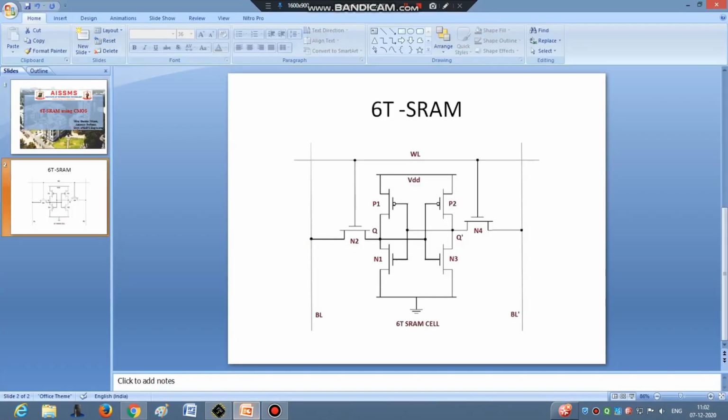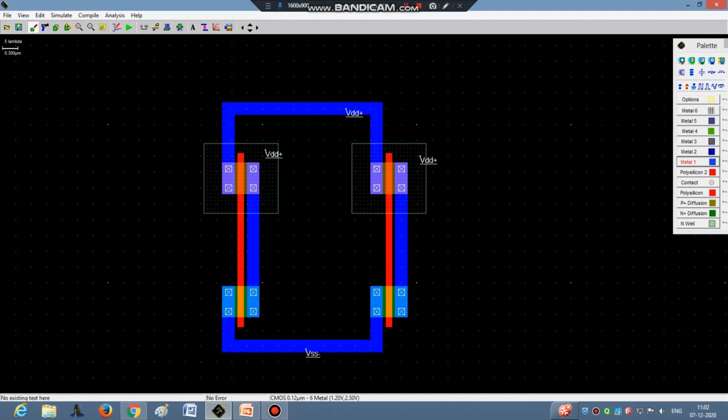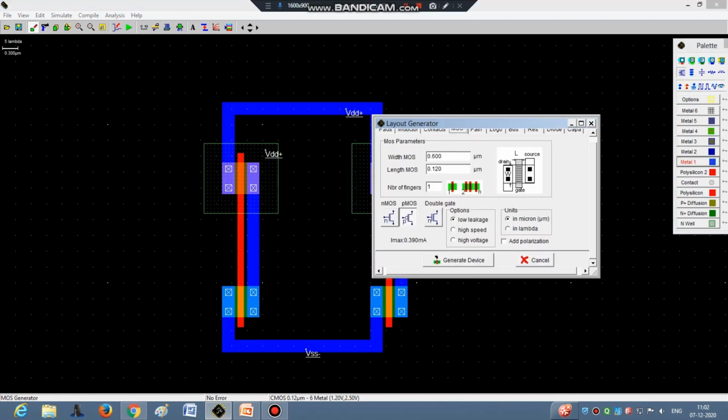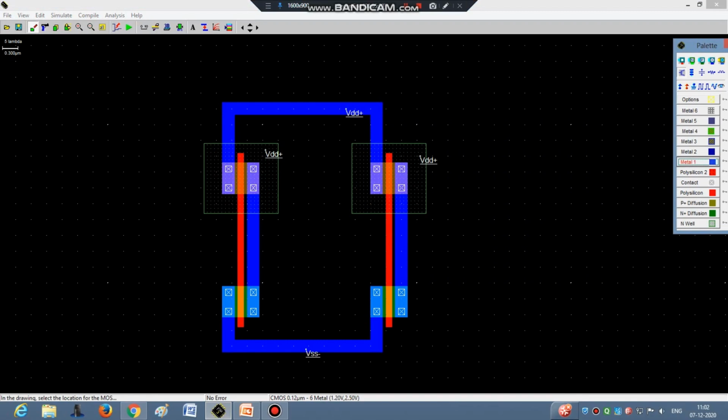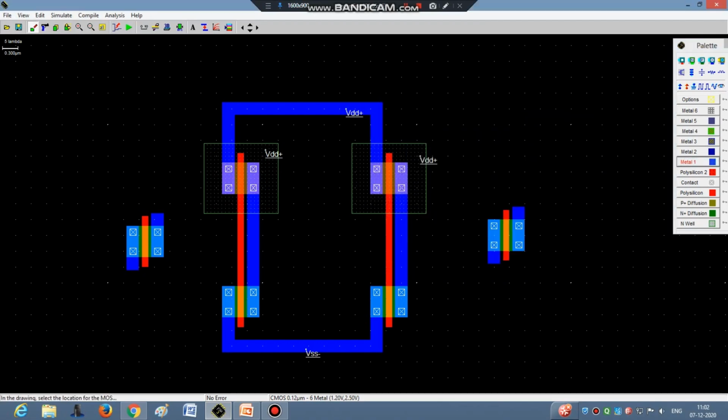We need to connect the word line and we need to connect the bit lines also. So select two more N channel MOSFETs. MOS generator, NMOS, generate device, place here. One more MOSFET, generate device, and place it here.